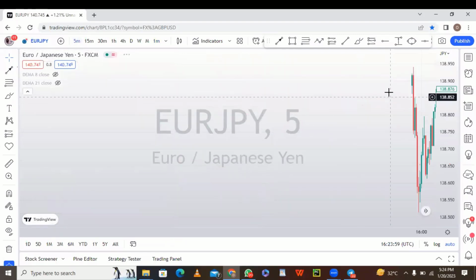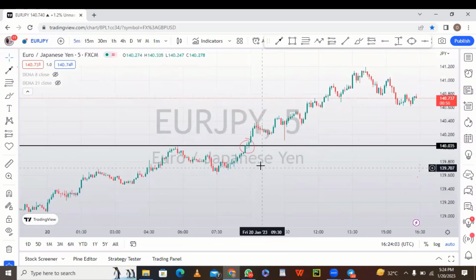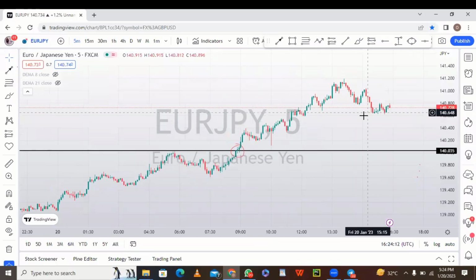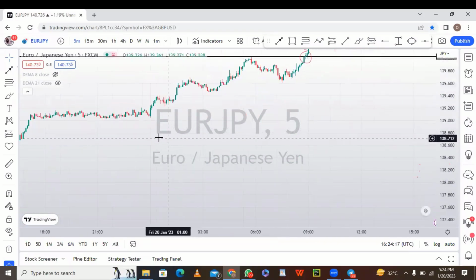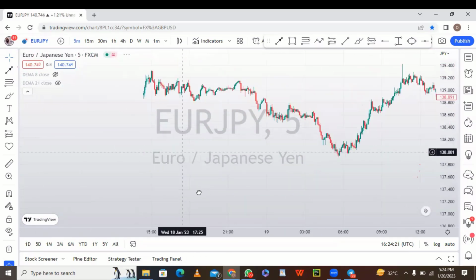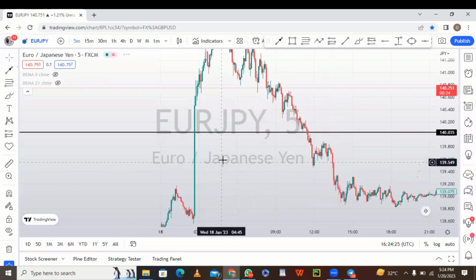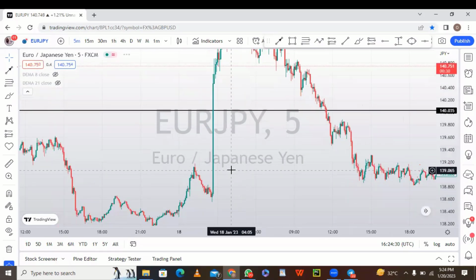And I'm sure many people must have been missing entries just because they still don't understand the conditions they need to see before placing their orders. So like I said, the next thing you want to pay attention to is what? Breaching of zone. So what do I mean by breaching of zone? I'm looking for a move that I can use to explain that. Okay, yes, this is a very good example. So this is what I mean by breaching of zone.